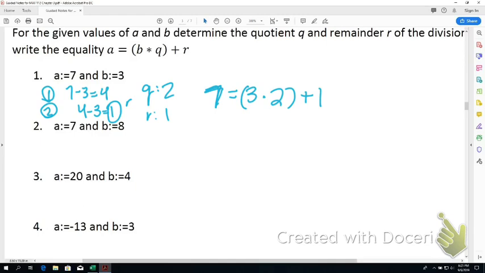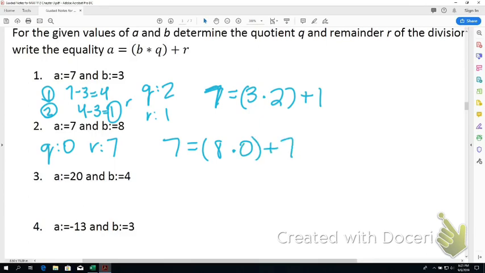So for part 2, you might wonder, can I subtract 8 from 7? Well, I can't, because 7 is smaller than 8. Remember, when A is positive and less than B, you won't have a quotient, and the remainder is just A. So for this one, the quotient would be 0, and the remainder would be 7. So let's set this up. A, which is 7, equals, parentheses, B, which is 8, times Q, which is 0,